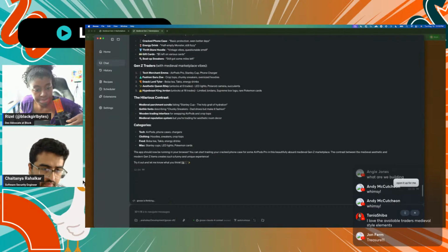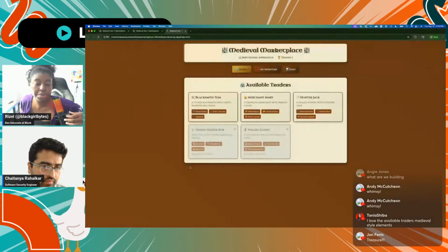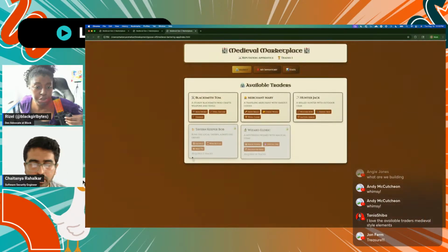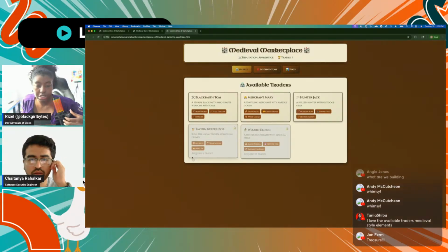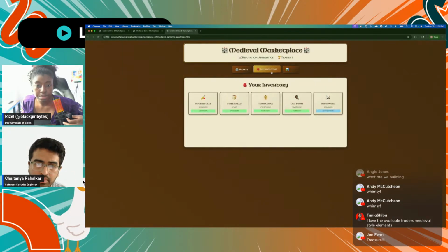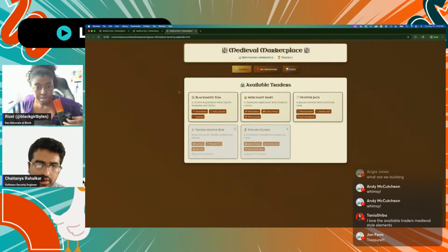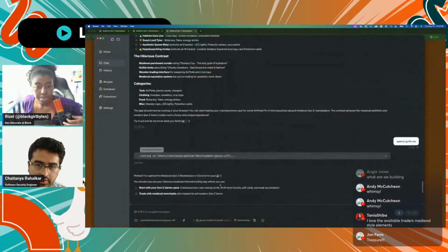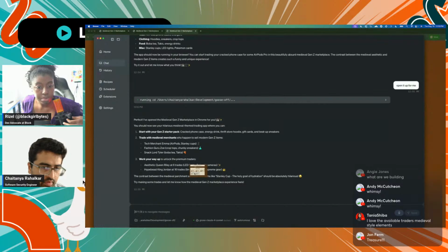Yeah. Also, did it choose to use a framework? Because I remember you said you weren't going to be prescriptive, or did it just use HTML, CSS, and JavaScript? I think it did it in React. Looks like it. So now I'm just gonna take a screenshot and tell it that.